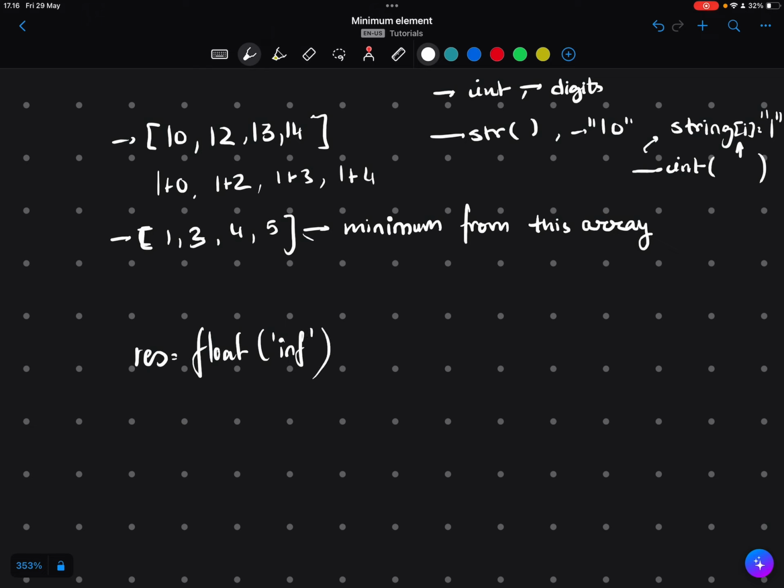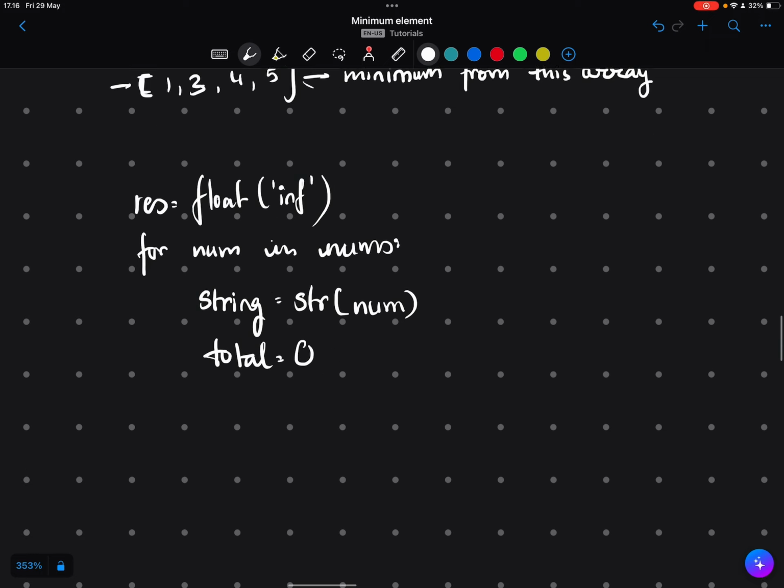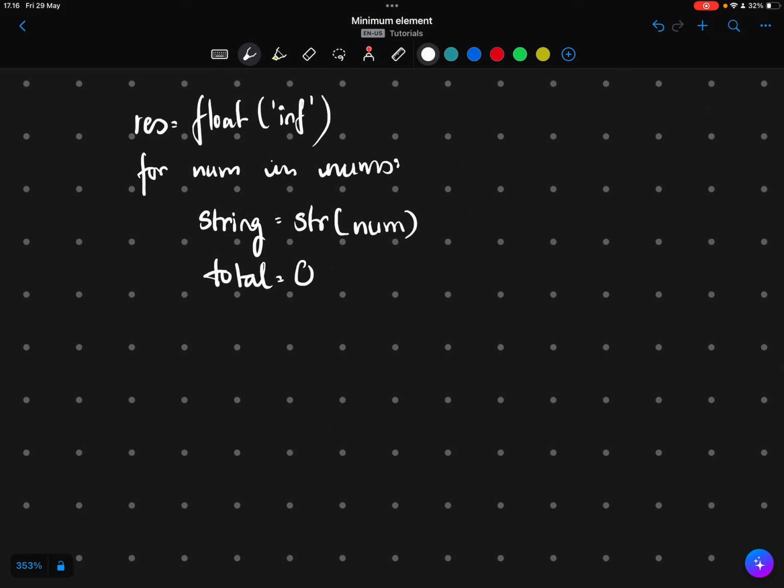I'll initialize our result to infinity right now, since you're supposed to take the minimum. So I've got the setup now. I've made it into a string. I've initialized the total. Now what can we do? Well, we will iterate through all the digits, right? So for i in range,